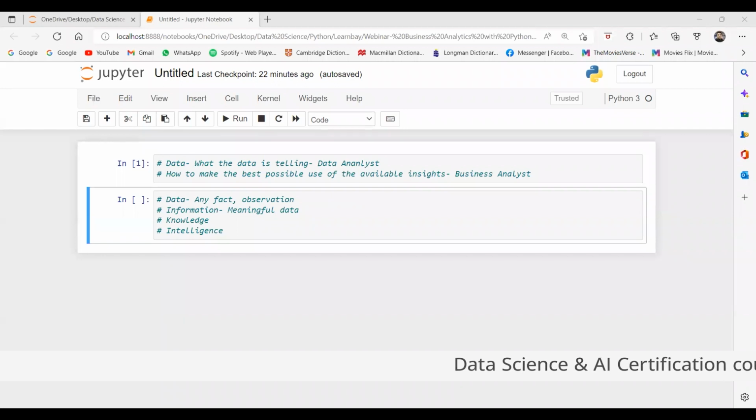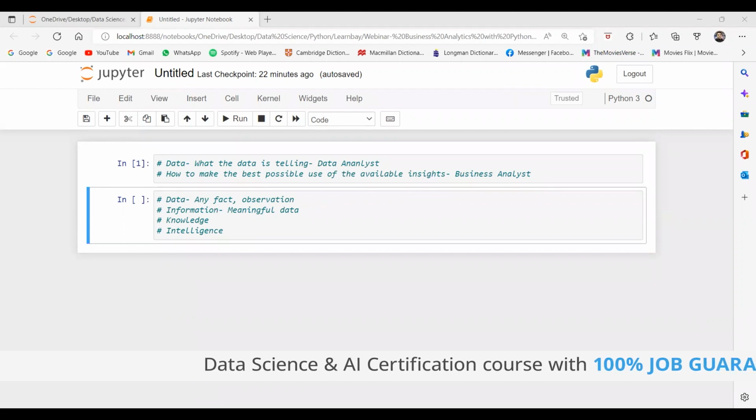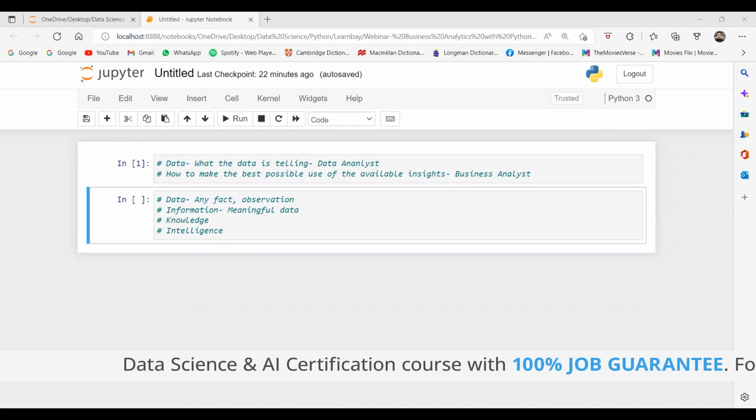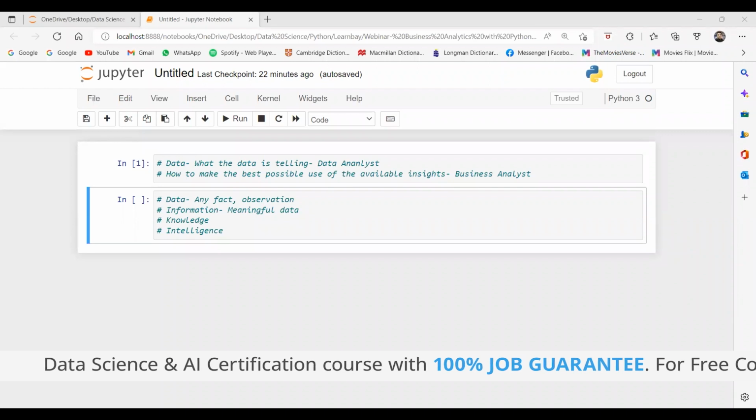Getting my point? So the business analyst takes some insights from the data analyst, and then he uses his cognitive skills, maybe some statistical analysis, maybe he digs deeper, tries to plot some possibilities, and then he recommends some decisions to the organization.